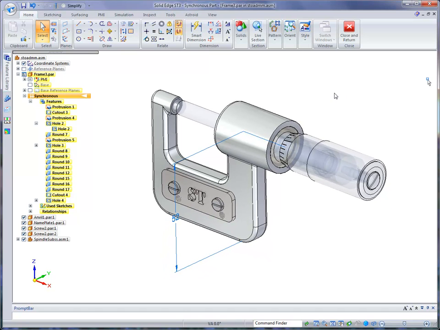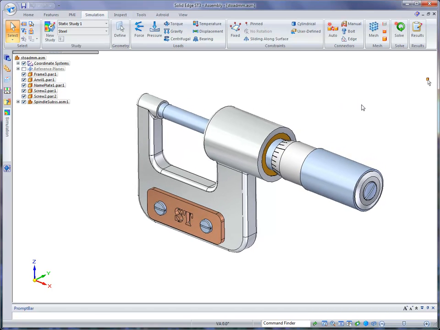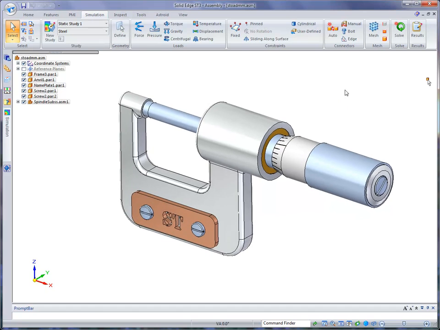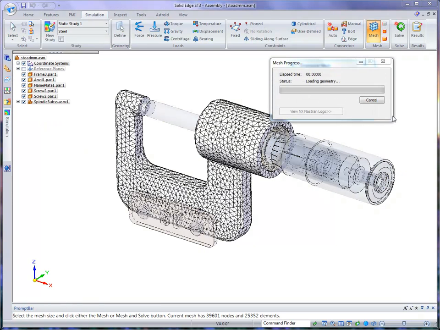So making design refinements, you can see, is real fast and easy within synchronous technology. And now we have an updated model. The 7th step is to mesh the part again. Obviously, it shows us that this study, the green means everything's good, the yellow means there's a caution, meaning we have some things that are out of date. So I'm just simply going to click on that mesh button and mesh and solve again,